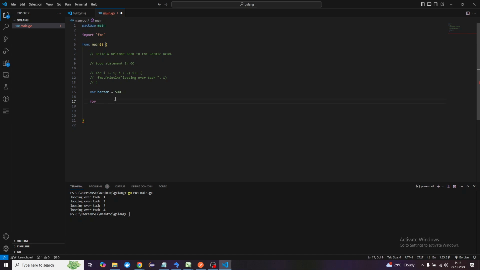So how can I say that? For that I will say, this batter is greater than 0. That means until some batter is left there, keep baking the pancake, right? So I'll say fmt.Println, and I will just print over here,